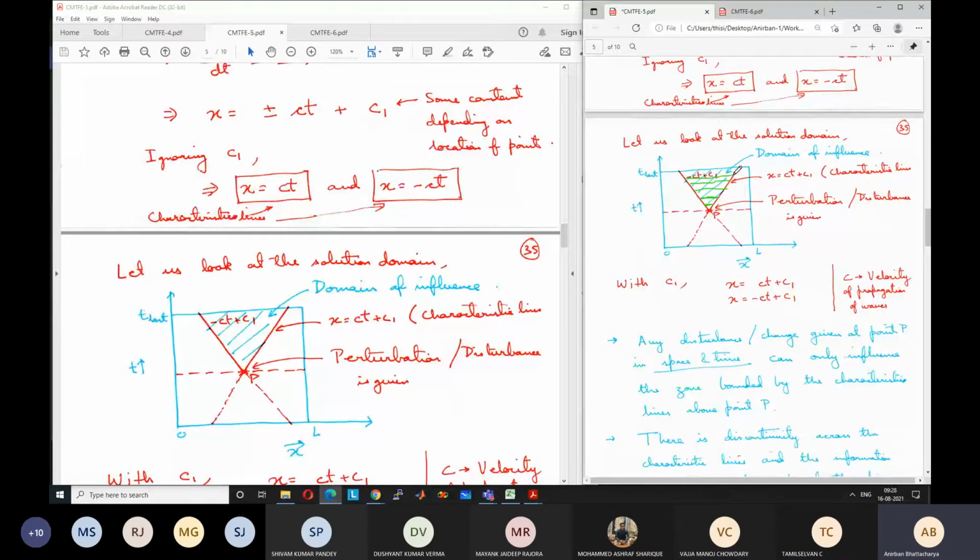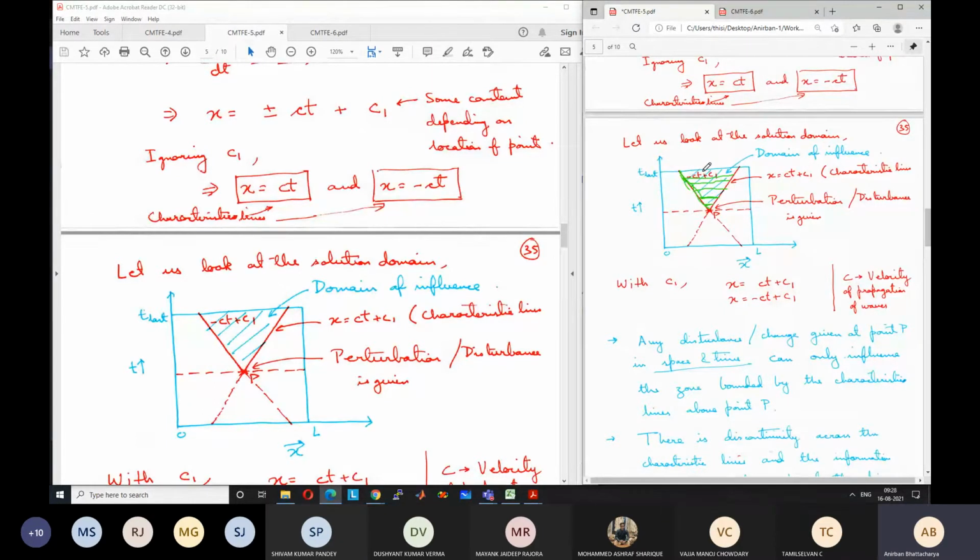So this is bounded by the two lines, which physically means these are the locations up to which the pressure wave has traveled, with the speed of sound, the speed of movement of the pressure wave. So with speed c, the pressure wave has traveled up to this point in this direction and up to this point. So at any time you can find out how far it has traveled. With more time, it has traveled farther, so we have more area covered.